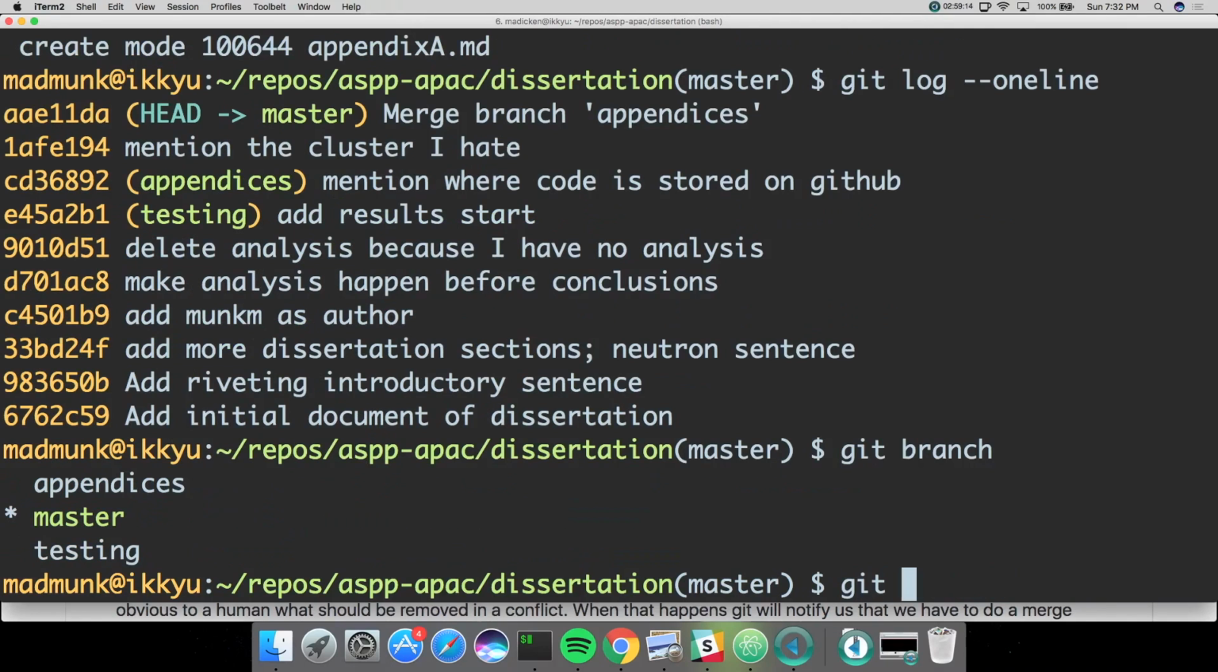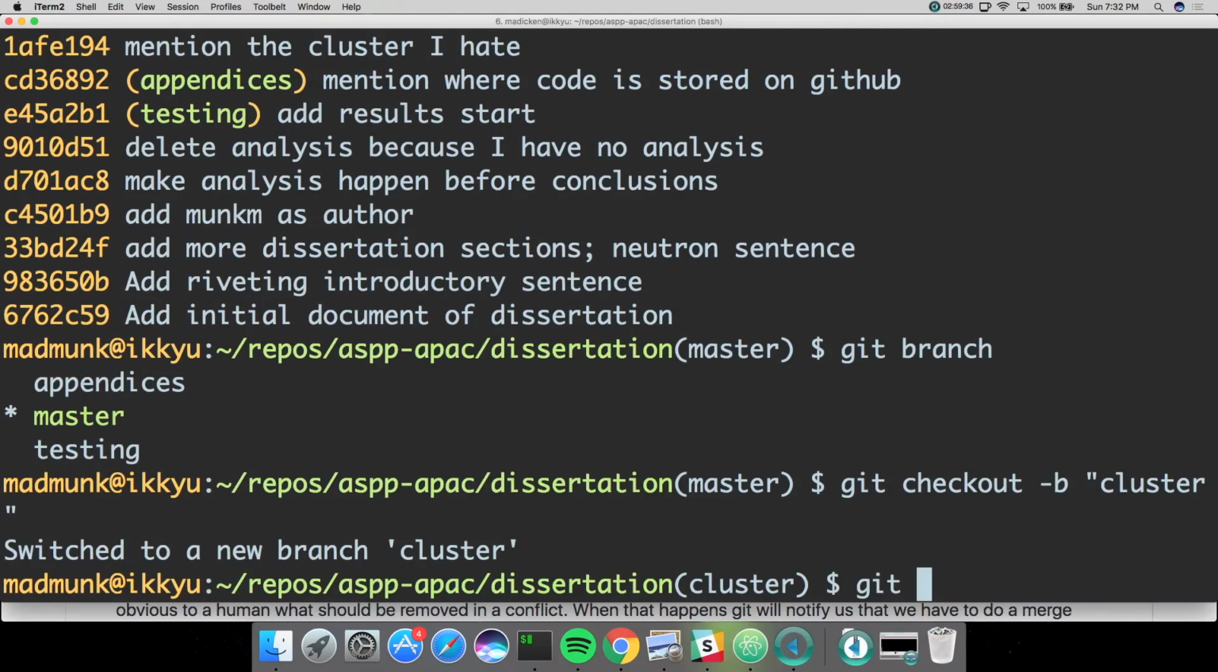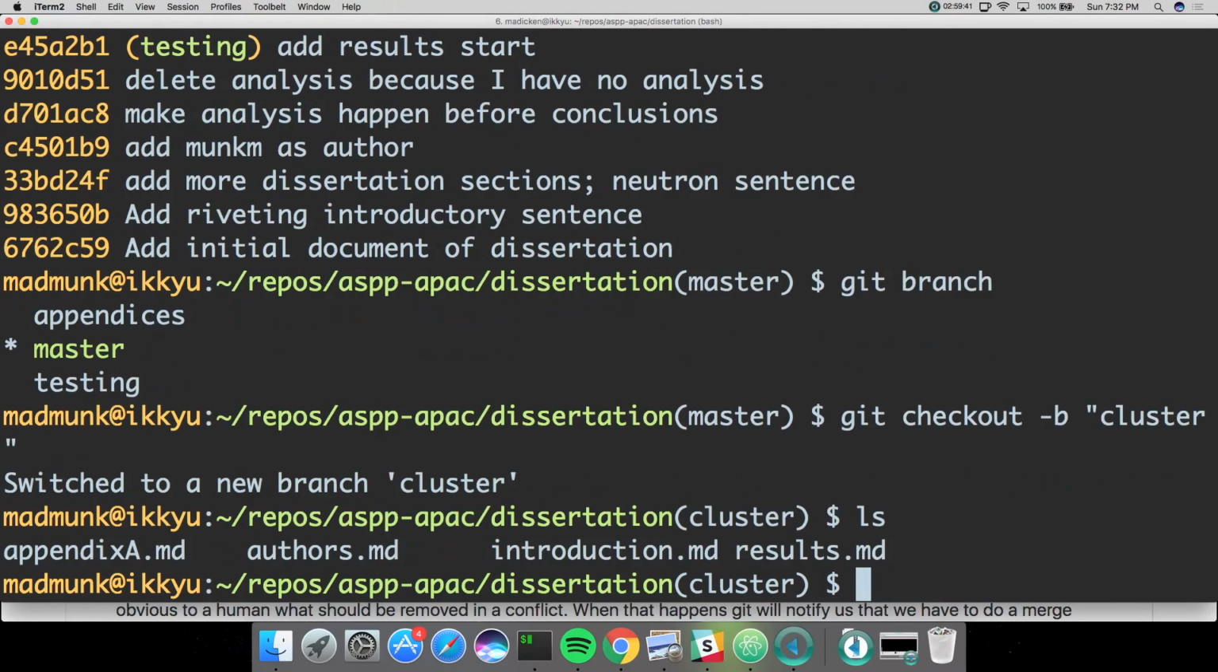Okay, so I made the testing branch, and I have master, but since master is really updated, I'm going to branch off of that, and let's see, what do we want to say? Let's keep going down this cluster sadness that I was doing before. Okay, so maybe I'll also add something in appendix A. Both will change appendix A. So on cluster, I'm gonna